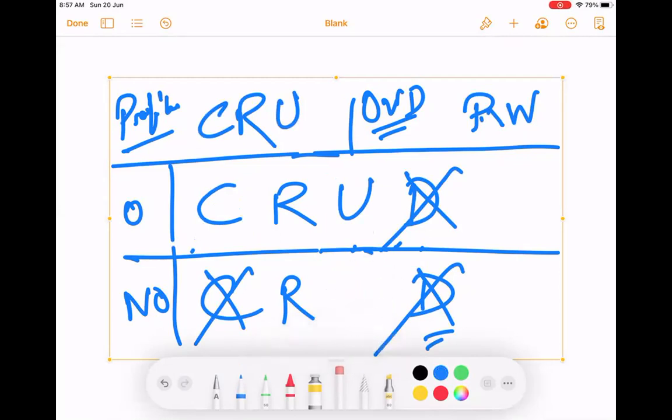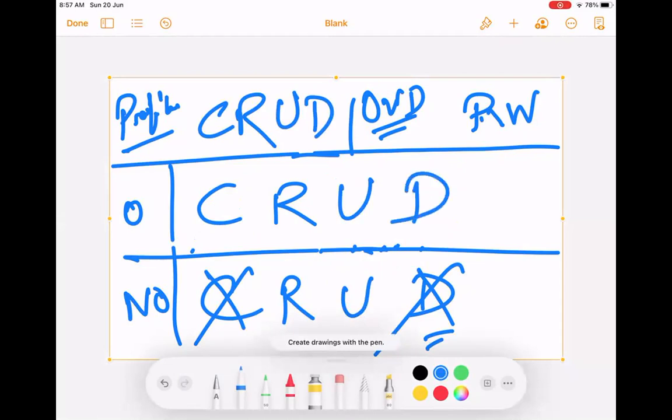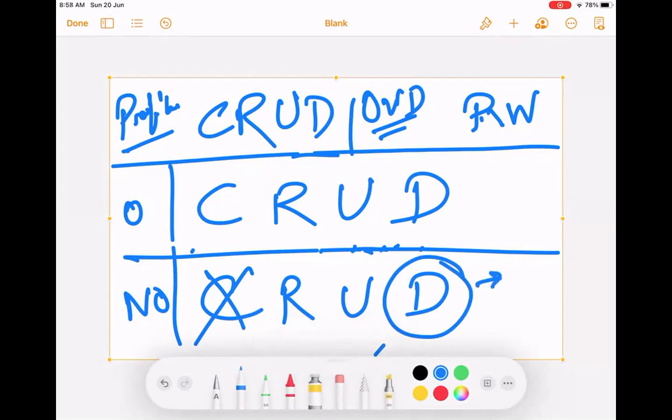Yes. Non-owner can update now, because the non-owner has read, write permission. Absolutely. What happens on the delete permission? Now what happens to this one? Can a non-owner delete? I think no. In some objects they will be able to do it. In some objects they won't be able to do it. Okay, this is conditional, based on that object type.